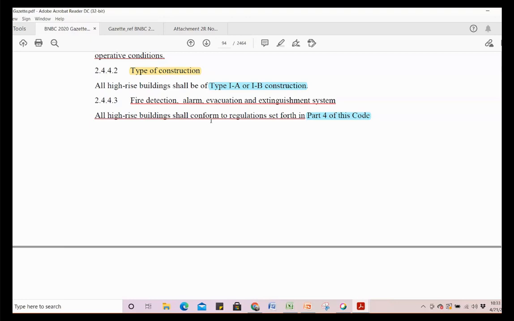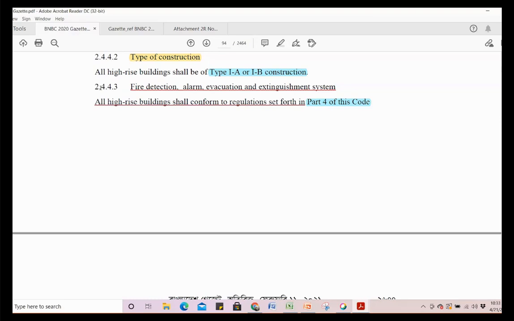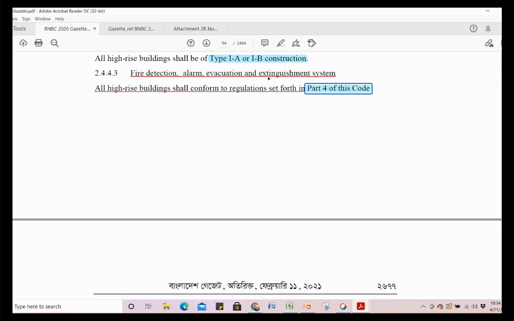Fire detection, alarm evacuation, and extinguishment system. So here it doesn't elaborate about this particular facility. It says that it has to conform with the regulations of part 4 of this code. So about fire or emergency evacuation or exit, we will always be referred to part 4 of this code, which will